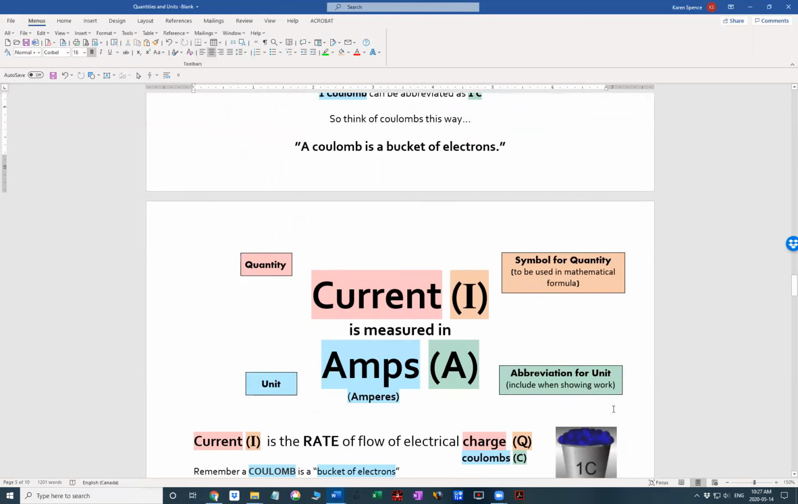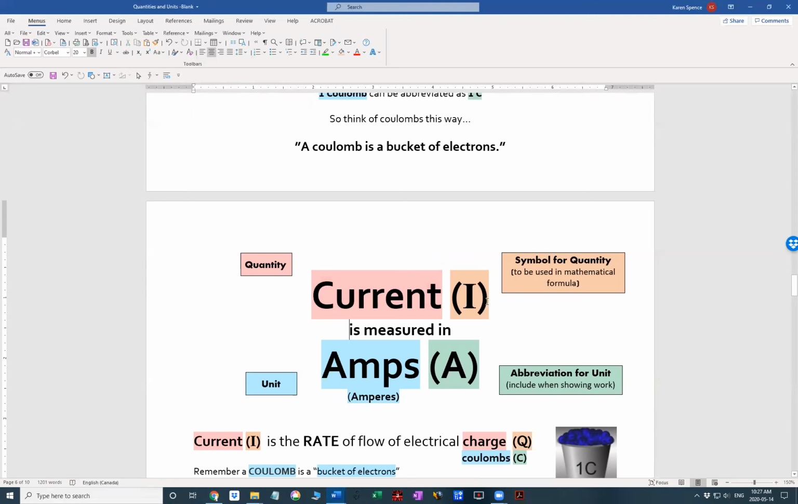Okay, our second electrical unit that we will be using this year is current. Not the unit, the quantity is current. And as I was saying, we measure the flow of a river in how fast the current is going. We can measure the flow of electricity in how fast those buckets of electrons are moving. So our quantity is current,